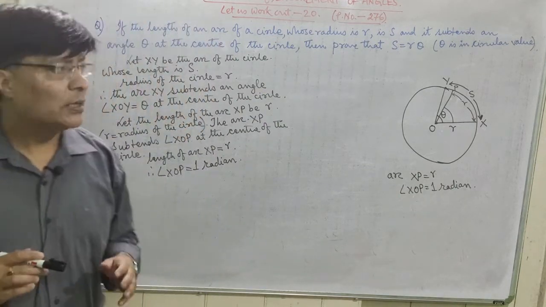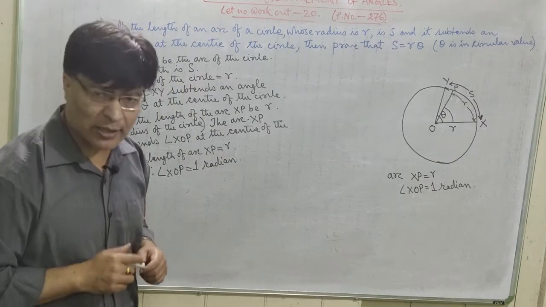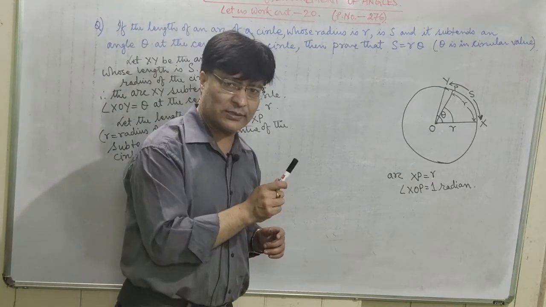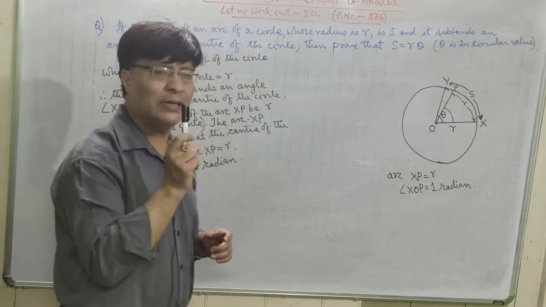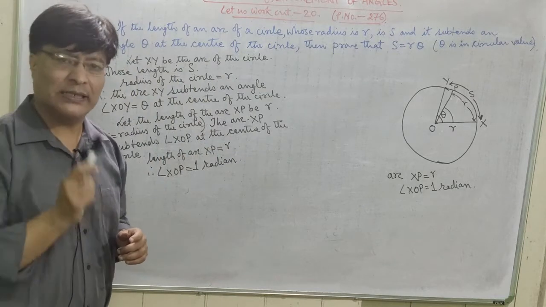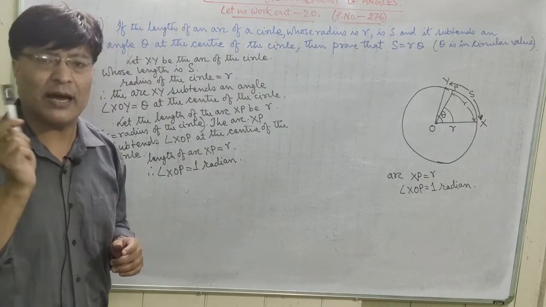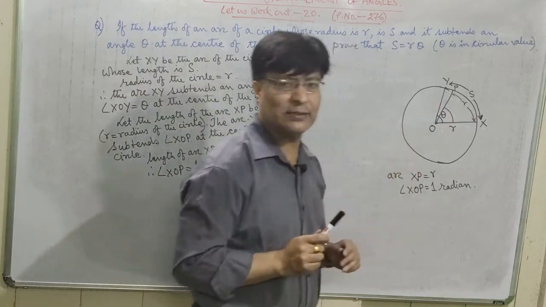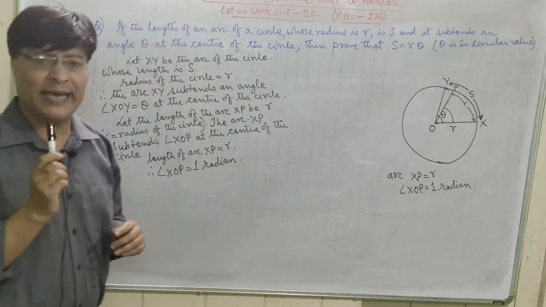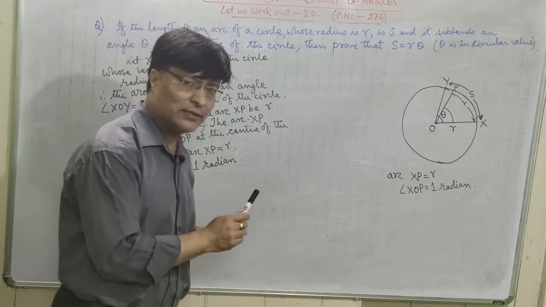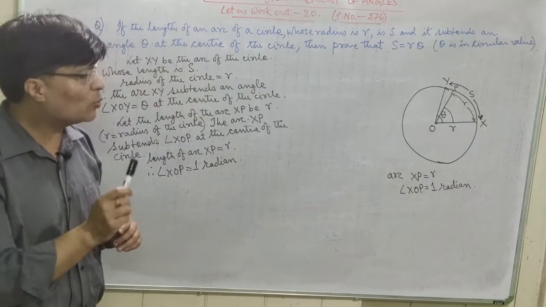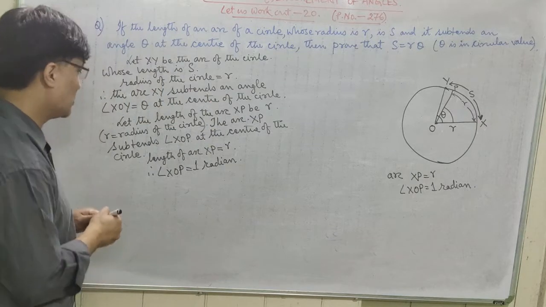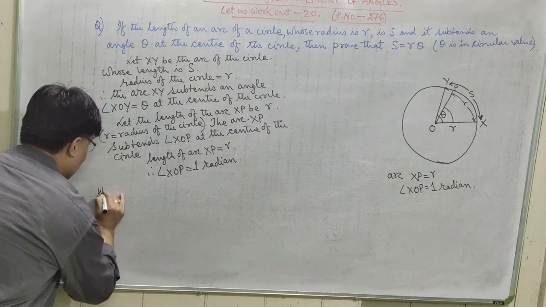Now we know that in a circle the ratio of the angles subtended at the center by different arcs is equal to the ratio of the lengths of their arcs. Again, in a circle the ratio of the angle subtended at the center by different arcs is equal to the ratio of the length of their arcs. Is that clear? So let us write here, we know that